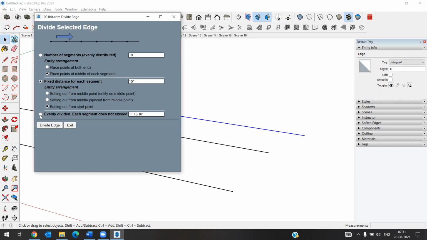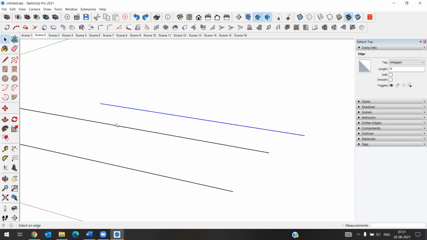Okay, third one is evenly divided, each segment does not exceed. I am taking it should not exceed 6 inches. Okay, divided, click on that particular edge.